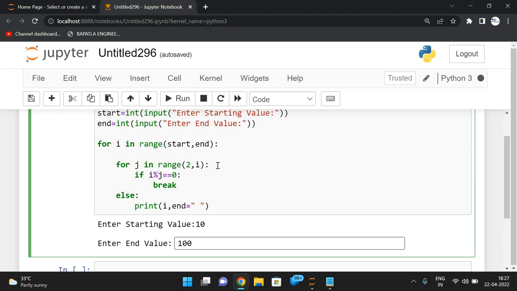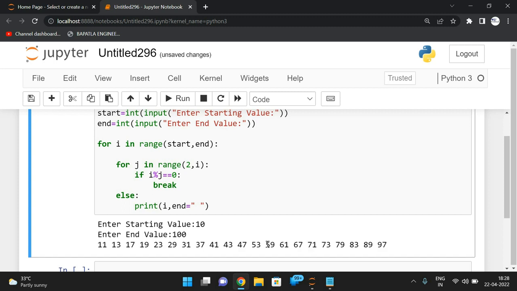So 11 will be divided by 3, 11 divided by 4, 11 divided by 5, and so on. It will move on to 11 divided by 10. So in none of the cases does it become 0, so automatically the else part will be executed and 11 will be printed here because 11 is a prime number. So if I execute this one, see, we'll get all the primes: 11, and in the next iteration 12 mod